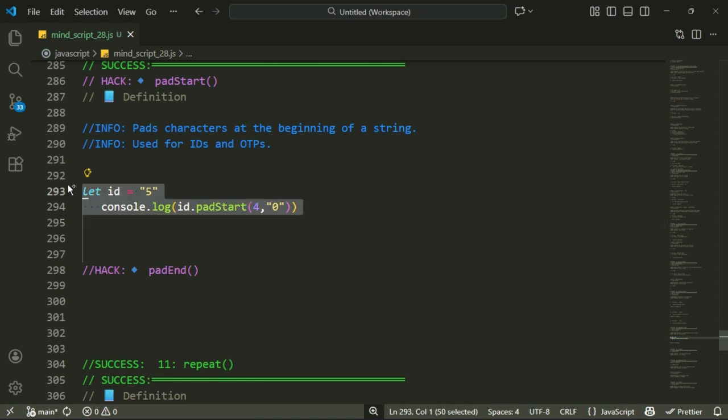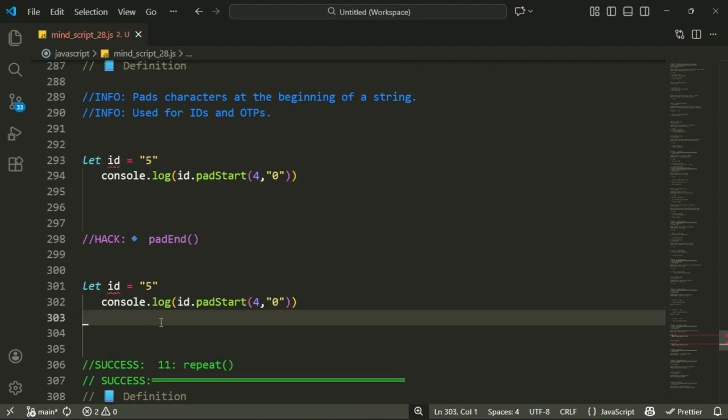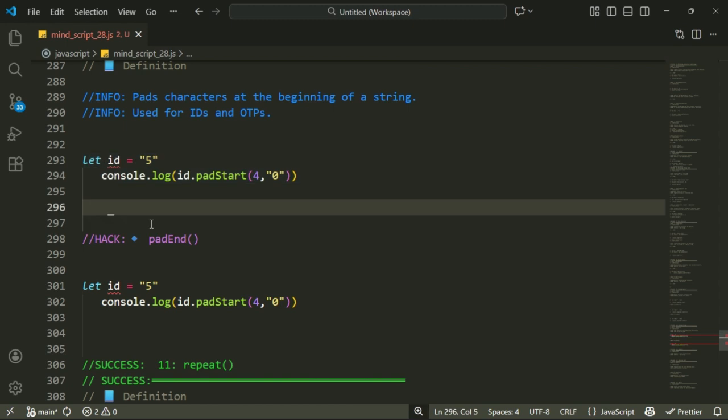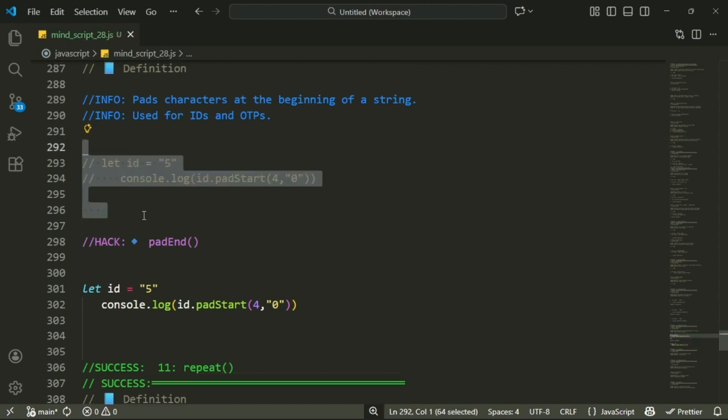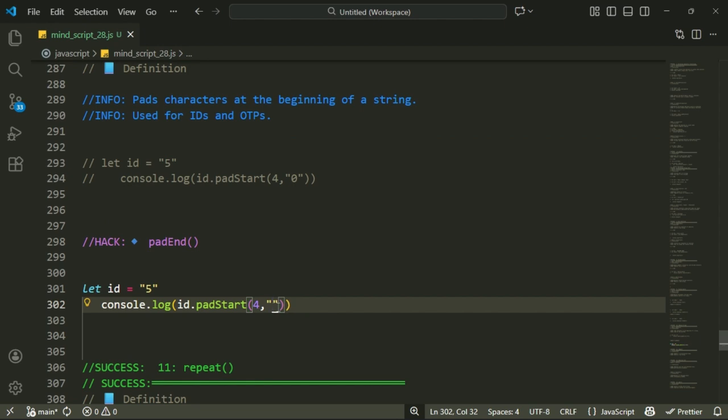Then same thing for padEnd. It pads the end of the string until the length is reached. So here we have a comment. Then pad here, now it is x. What you get here is 5, then at the end we have a total length of 4. So after 5 you get here